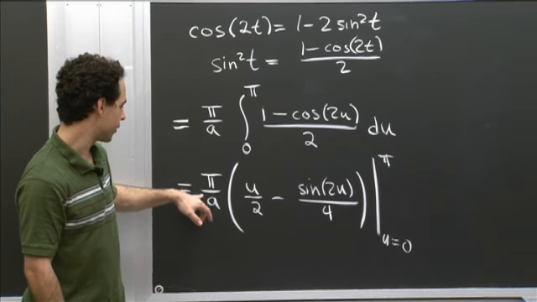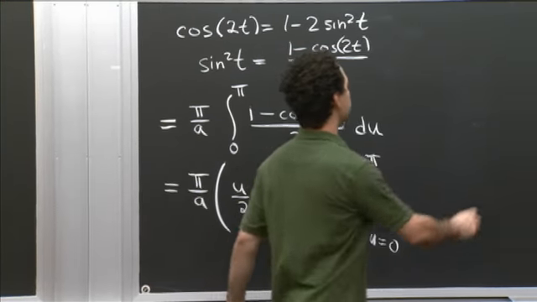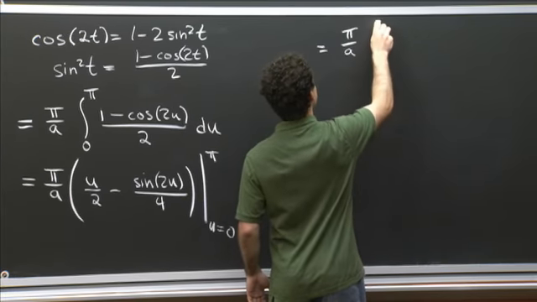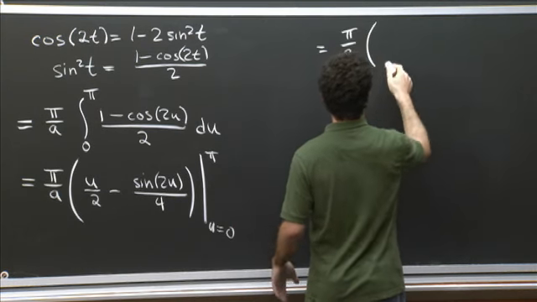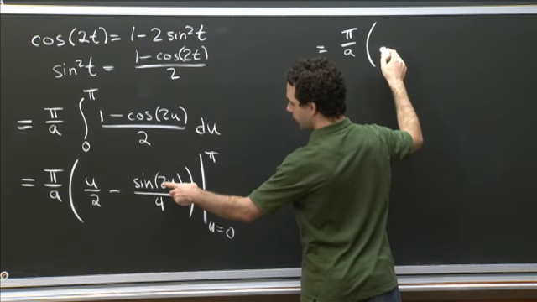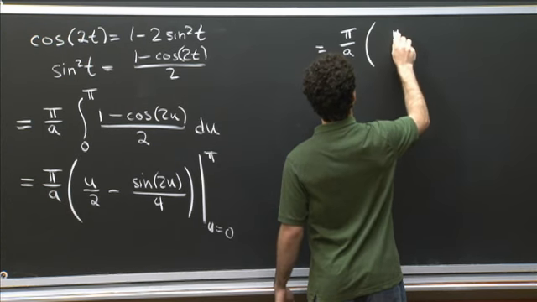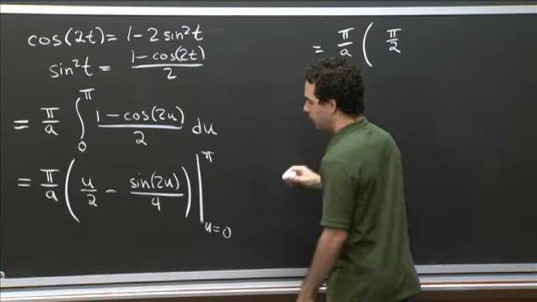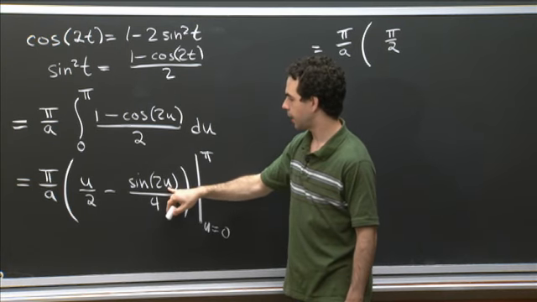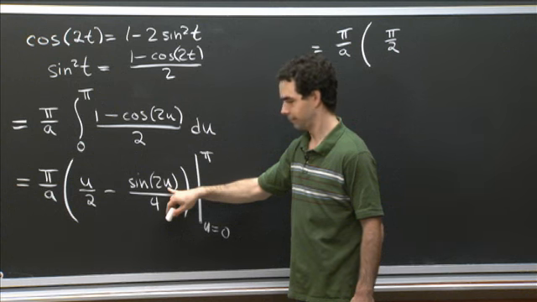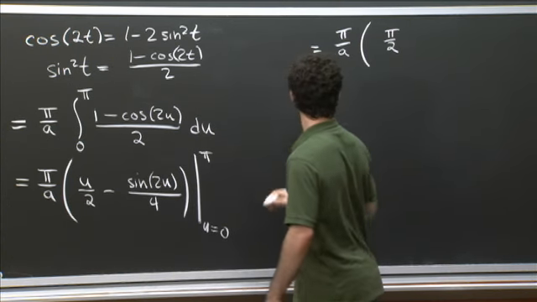So this is pi over a times u over 2 minus sine 2u over 4. When u is pi, that is pi over 2 minus sine of 2 pi. That's just 0, right? Yes, that's just 0. Good, so this term is just 0, pi over 2